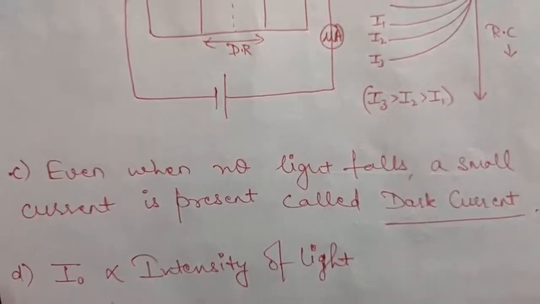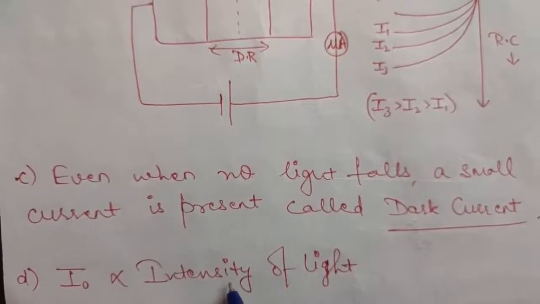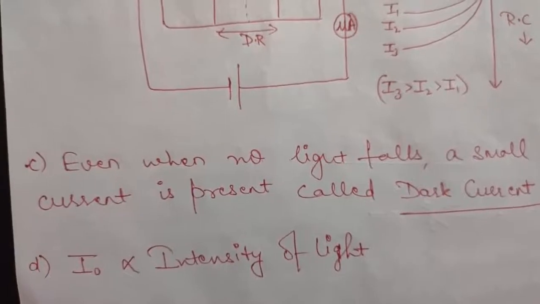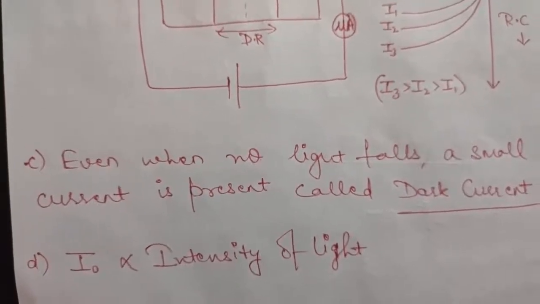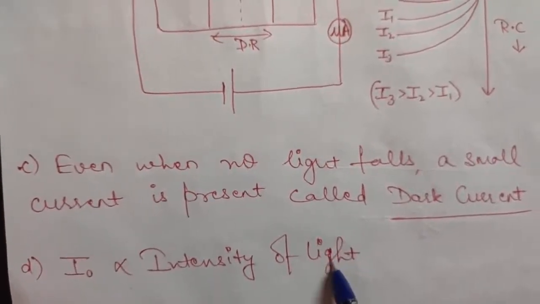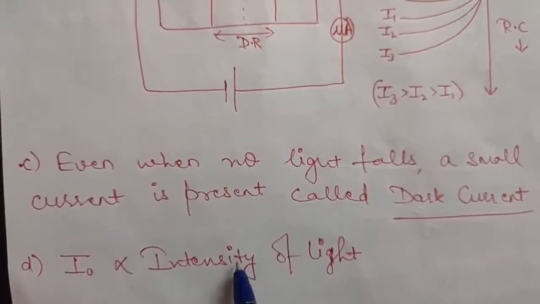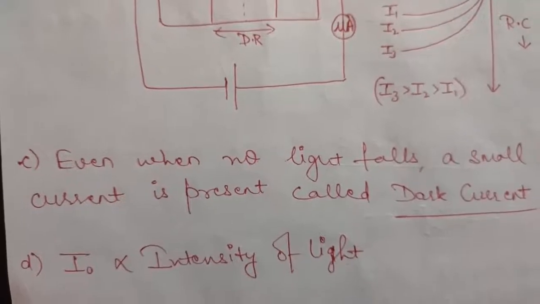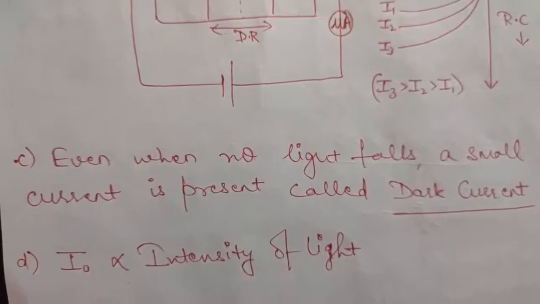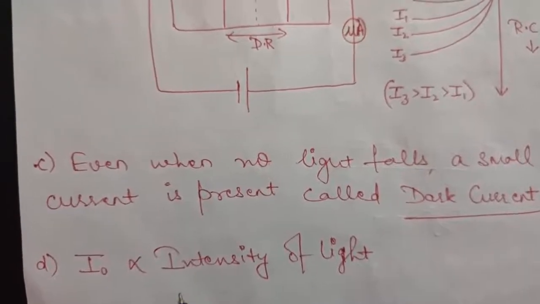It was also seen that this reverse saturation current, or the reverse current which is generated, is directly proportional to the intensity of light. As the intensity of light increases, more electron hole pairs will be generated, so more reverse current will be there. This is the main reason why the photodiode is used in reverse biasing. Obviously, if the current is more, it will be easy to measure, so we want more current. But this is not followed in forward biasing, therefore we use the photodiode in reverse biasing.